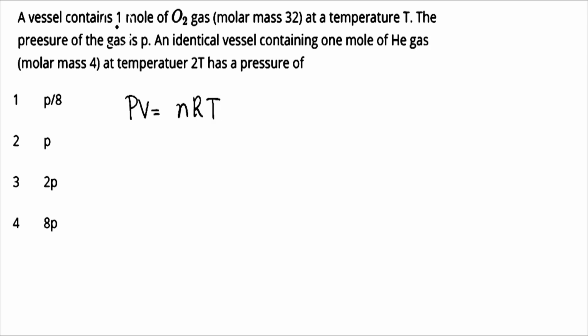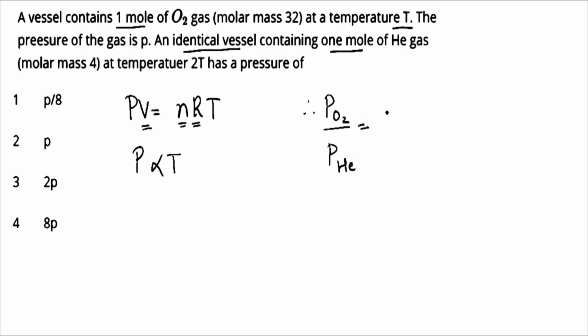Now here it says both gases contain the same moles, 1 mole. R is the same for both. Here it says identical vessel, which means volume will be the same, hence pressure will be proportional to temperature. Therefore, we can say the pressure exerted by oxygen gas divided by the pressure exerted by helium gas is equal to the temperature in case of oxygen gas, which is T, and the temperature in case of helium gas